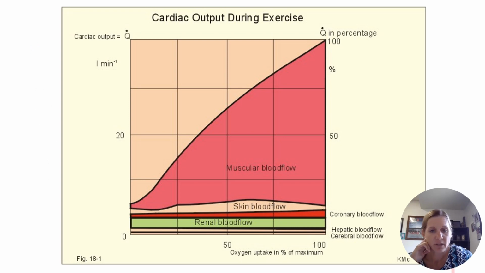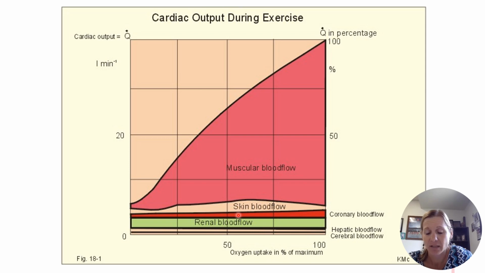So here you can see the relationship between cardiac output and where blood flow is actually going. As we increase that cardiac output during exercise, notice that the majority of that blood is going to the muscle. And that makes sense. Interestingly, at rest, a lot of the blood is going to the renal system, so going to the kidneys so that we can filter through the blood, and also a good portion going to the liver and the brain as well. And notice that those values stay pretty steady. Really, the major changes that we see are within the blood going to the muscles.